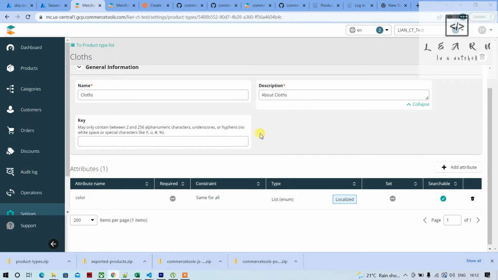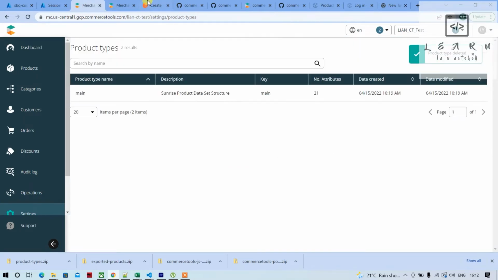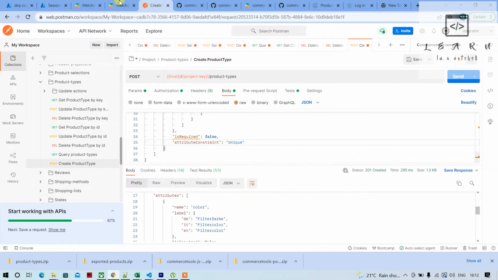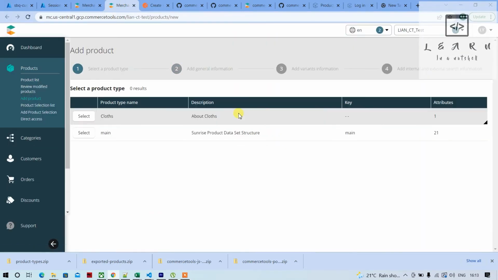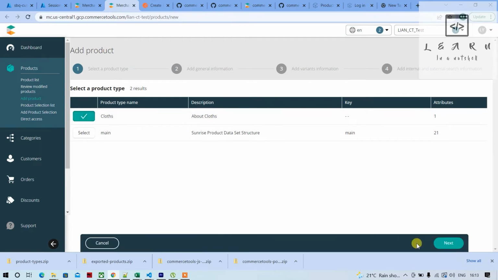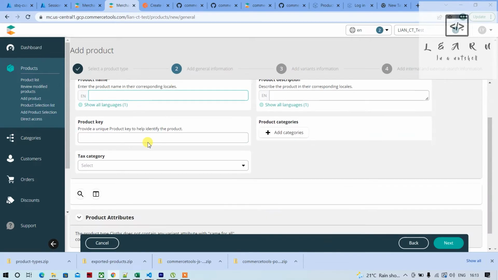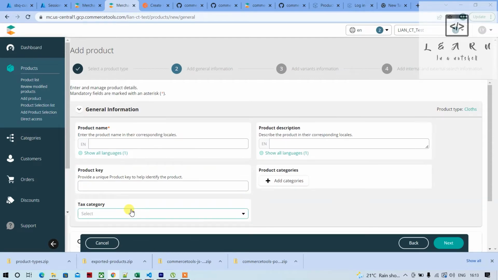So what we'll do is again delete this, delete. Now run it again. Got created. It's there. So we'll refresh this one. Now go to clothes. Now if you see, product attribute is not there. So once the master product is added, then we can add the variant. So what we'll do is we'll just try to add some